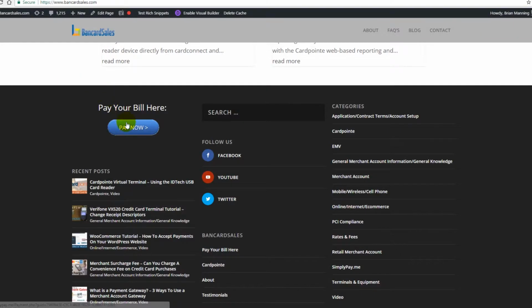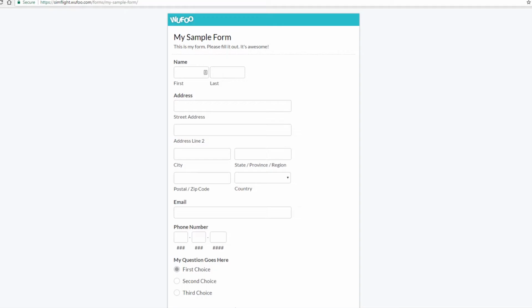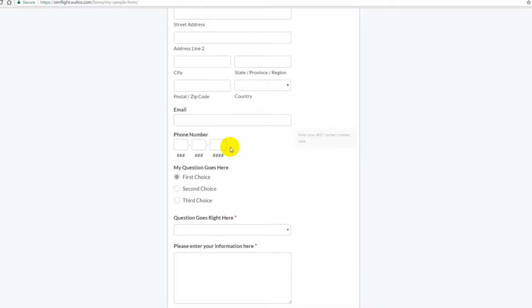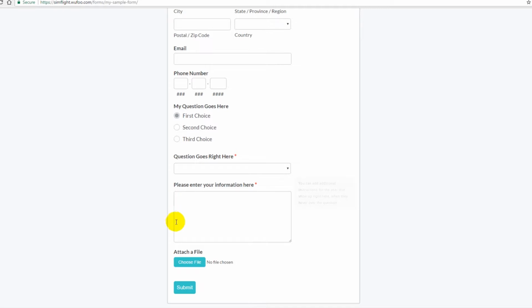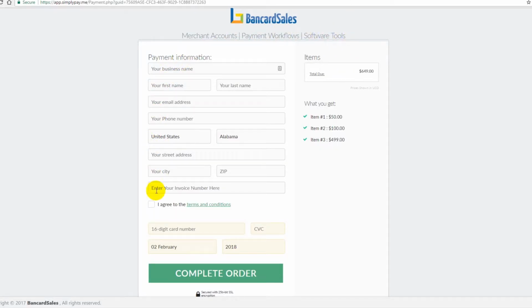So the new payment flow is going to be, you have a Pay Now button that someone clicks on either in your menu or in the header menu. It doesn't matter where you put it, but there's a button that they click on, and they're going to be sent over to a form that you create. And I'll show you how to do this in just a second. Once they fill this out and click submit, then they're redirected to this hosted payment page as the second